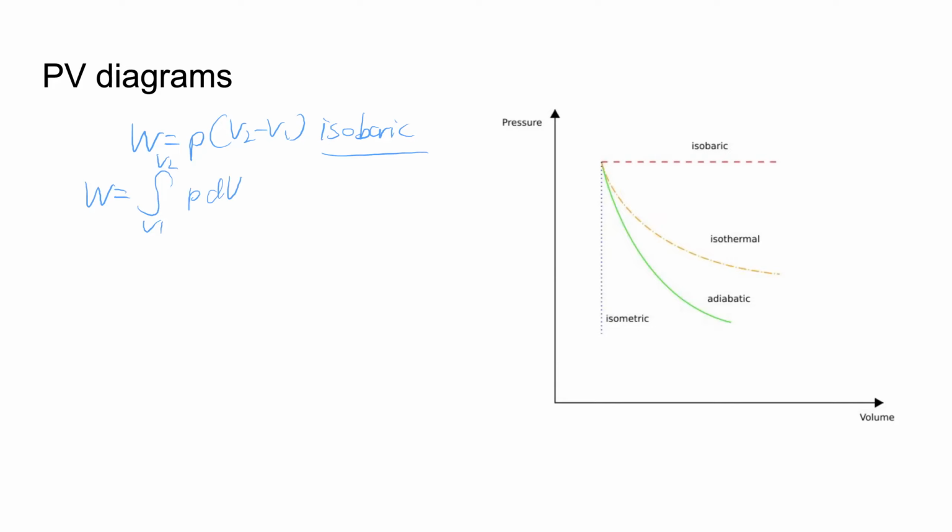So how do we relate temperature with pressure? Remember this equation, PV equals nRT. And if we express P in terms of T and V, we get this. And we substitute back,